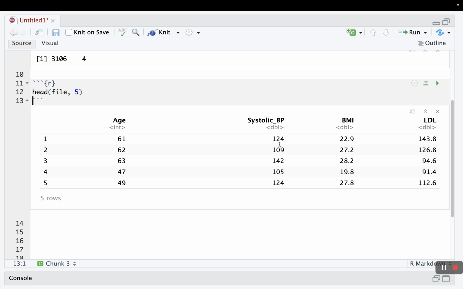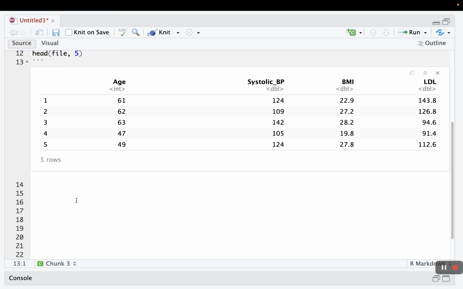We can see that it has different ranges. The SBP and the LDL have higher values, and this is the age, so the patients are a little bit older. The next thing we are going to do is scale our data to standardize it to have a mean of 0 and a standard deviation of 1. So we're going to scale